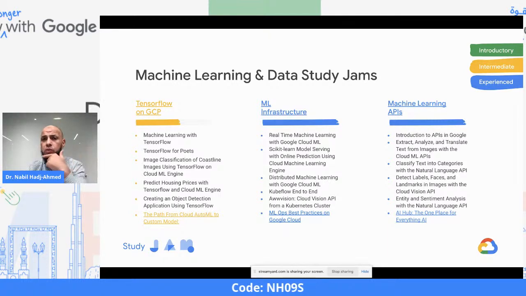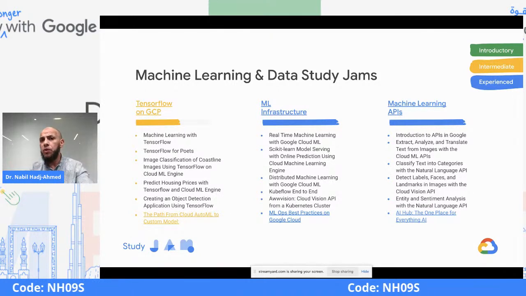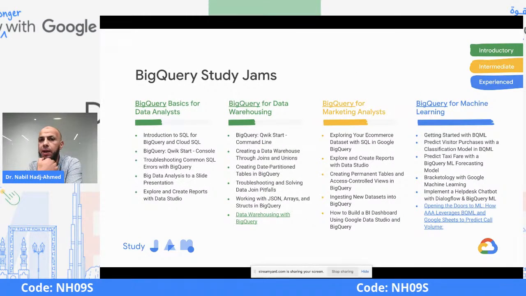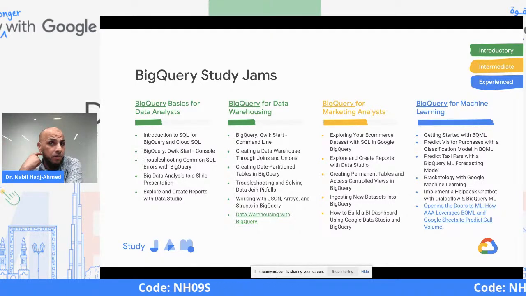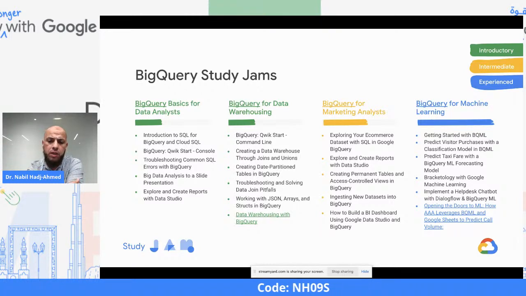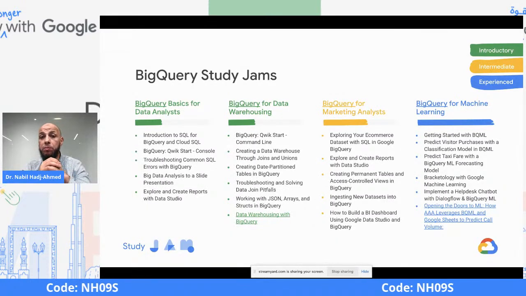Obviously, before each of those topics, we will be covering areas in the sessions where we bring in new services, and then the session that follows up is where we bring in the study jams to help you practice and bring those skills up. And then there is a big set of study jams that refer directly to BigQuery. So it's a lot of stuff that we're going to do with BigQuery. As you can see here, some basic ones to get you started, and then an intermediate one with marketing and analysts,